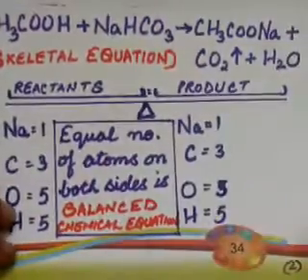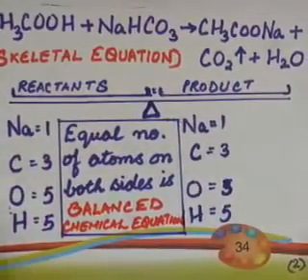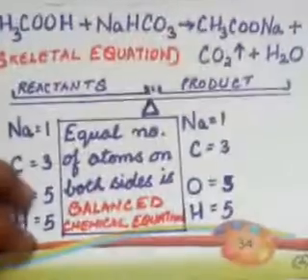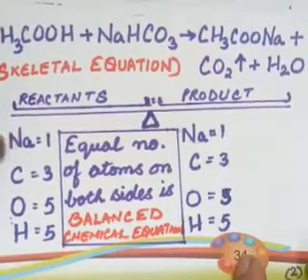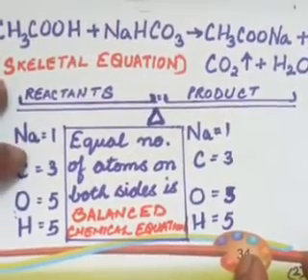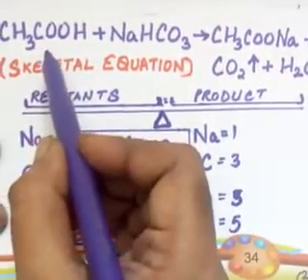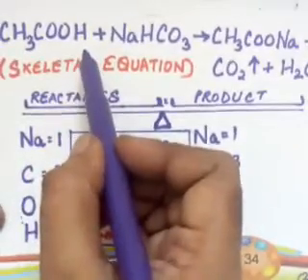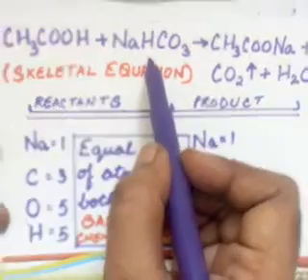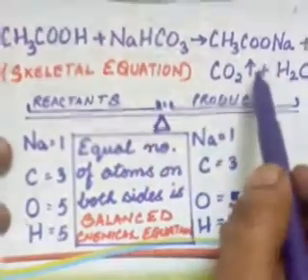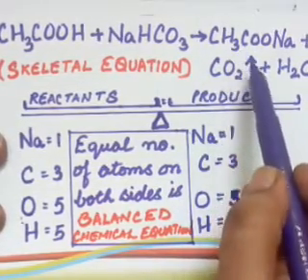Now children, how to write this chemical equation? We can write this chemical equation by writing the correct formula of the compounds that we are using. Like suppose I am using acetic acid. The acetic acid formula is CH3COOH, then sodium bicarbonate, NaHCO3. Then when these two react, it will form sodium acetate, and carbon dioxide gas will be given out.